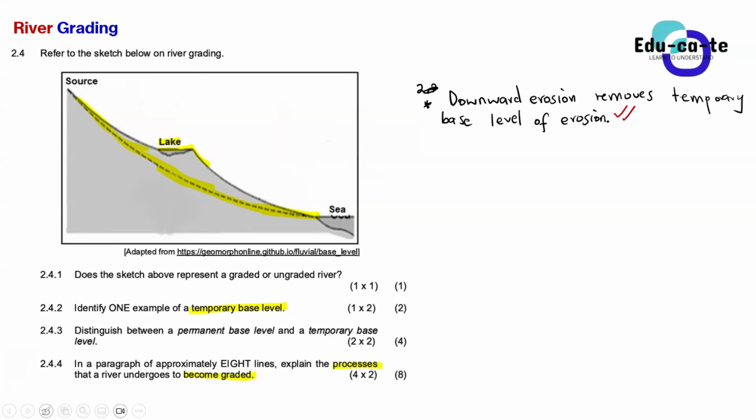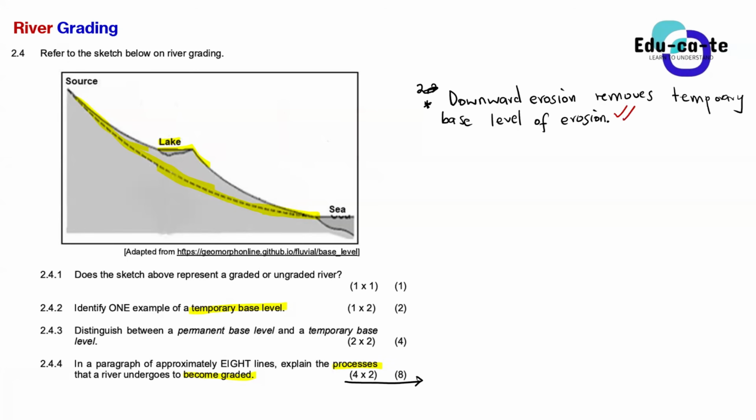So we're done talking about the upper course. Now we can continue branching. There are many things that you can say here, guys, but you only need 4 points for 2 marks each. So to stay safe, just give more points than needed. But as long as you write a paragraph of 8 lines, you'll be fine.